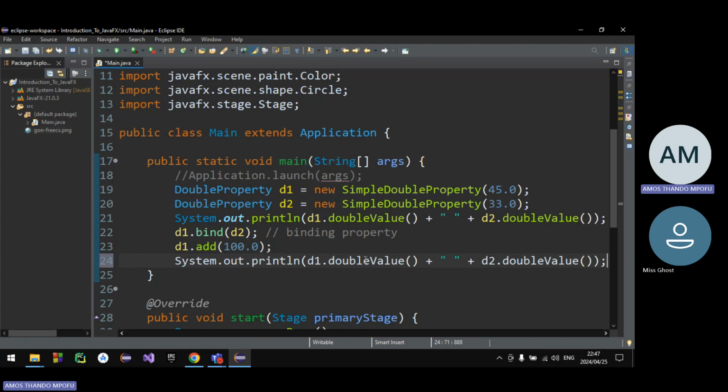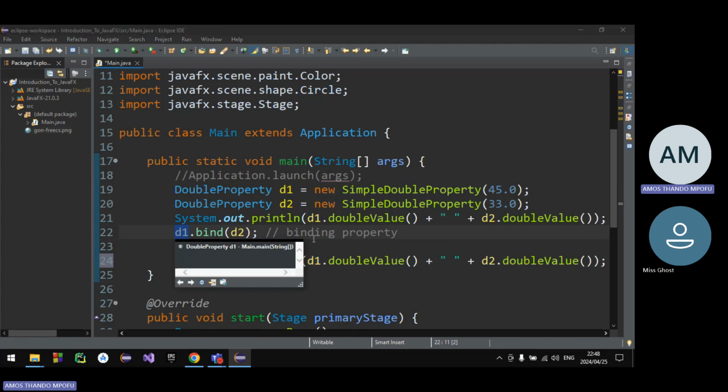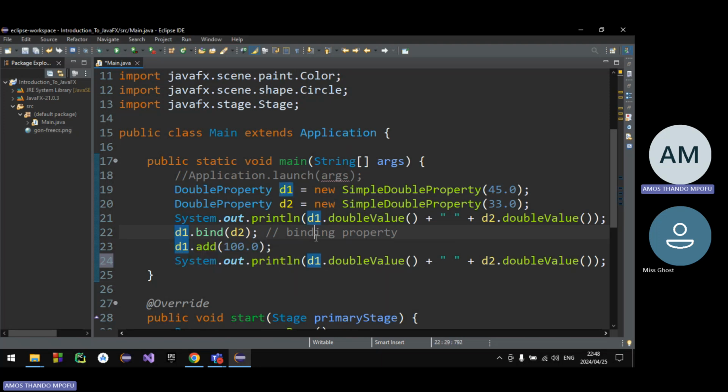You see, I'm only adding to D1, but look at the surprising output. Remember, I bound these two things together using the binding property. So whatever changes I make to D1 will affect D2, and whatever changes I make to D2 will affect D1. They are connected. It's like Bluetooth pairing or something like that. Whatever happens with one thing affects the other thing. So if I run this,